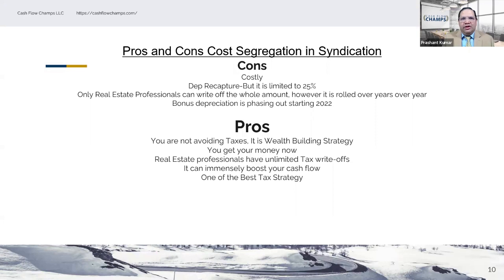So I'm not a real estate professional. I do have multifamily property and managing property and so on. Can this strategy benefit me? You are not a real estate professional. Would this benefit you? 100% it should benefit you, because even though you may not be able to write off everything in year one, you are deferring, depending upon how much is the valuation